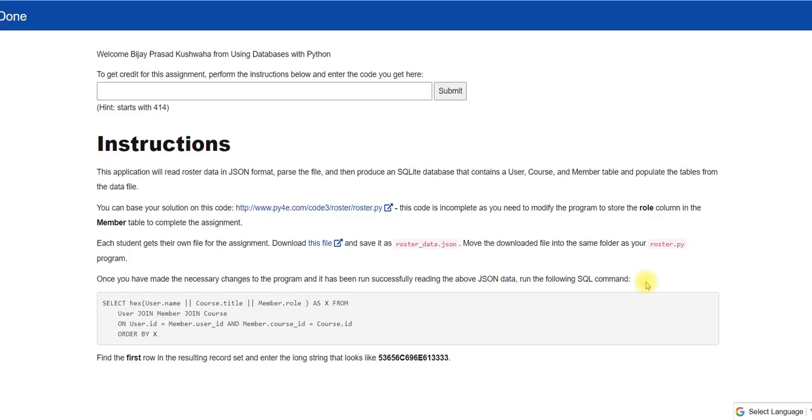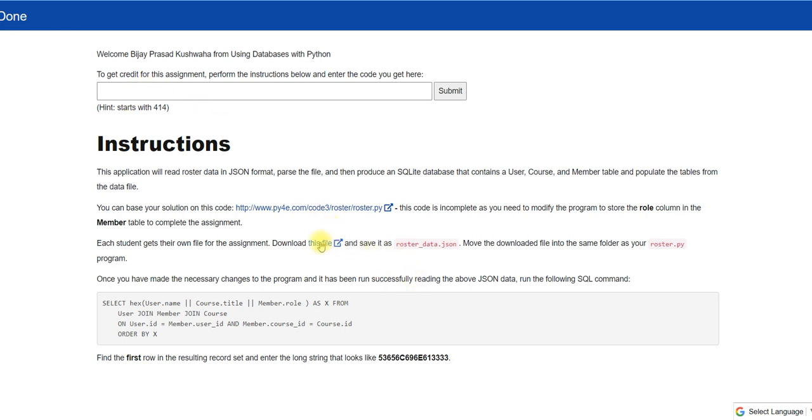So for this assignment, what do I have to do? I have to download this code, and then I also have to download this JSON file, and then I have to run this file, and then I have to copy this and paste.